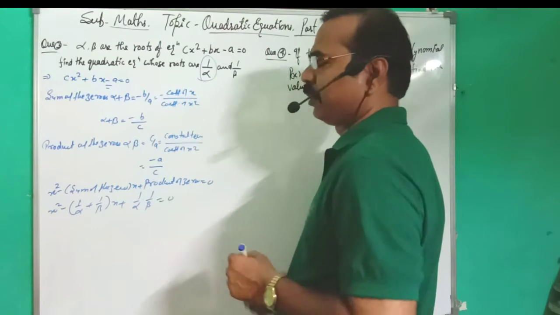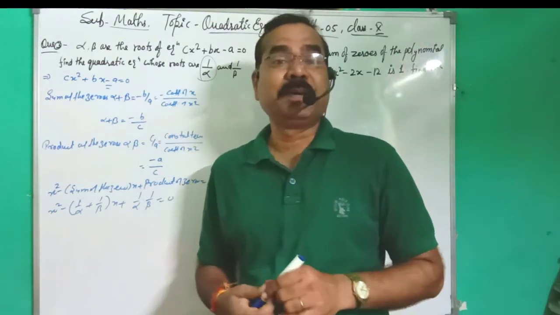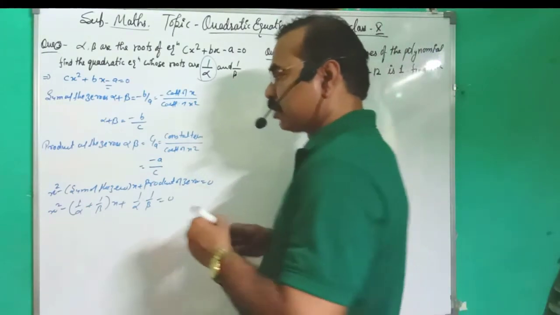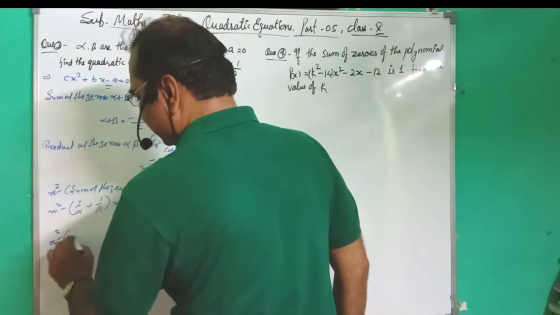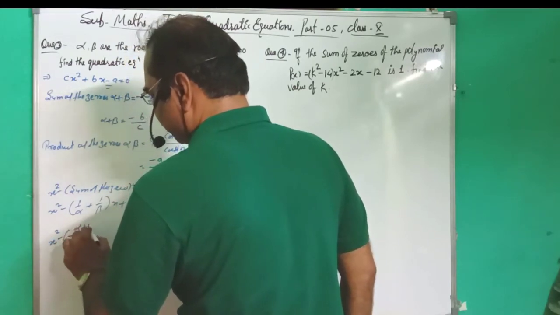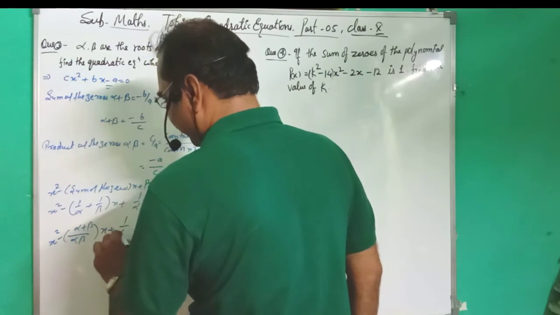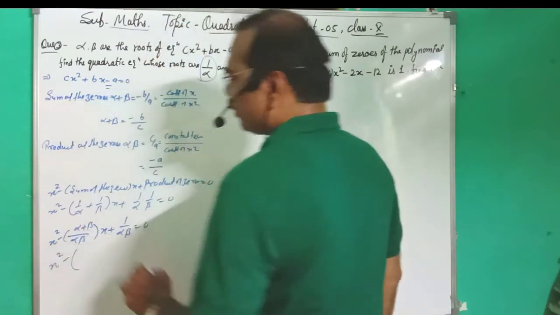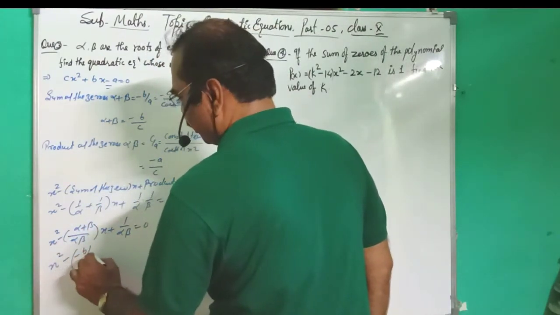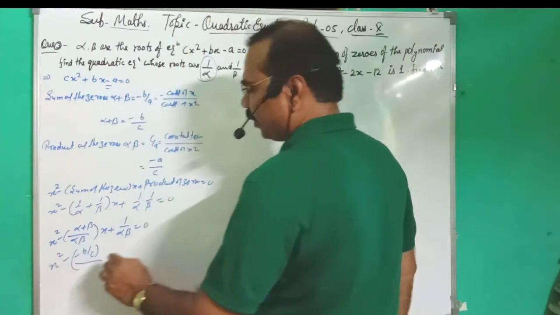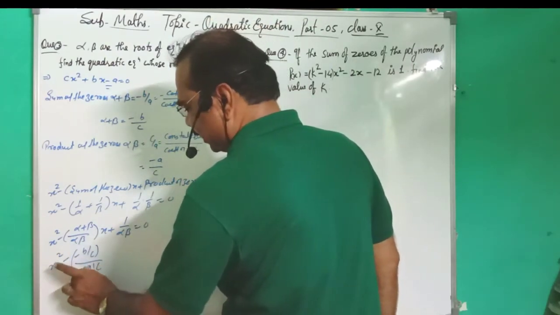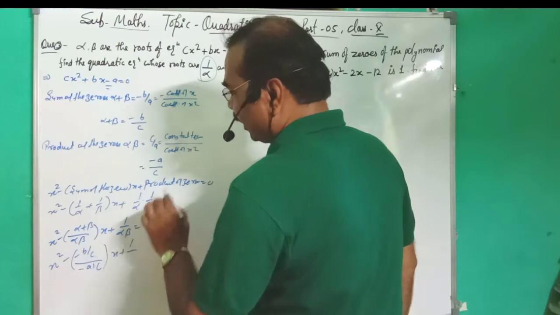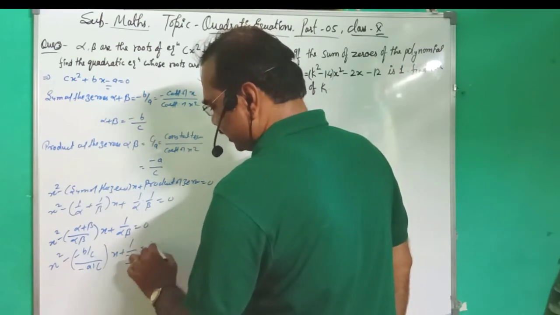Yes students, you have to remember that we do not take alpha and beta here, because it is given that the roots are 1 upon alpha and 1 upon beta. So simply we take the LCM, alpha into beta, that is alpha plus beta, x plus 1 upon alpha into beta. Students, any doubt? What is the value of alpha plus beta? That value is minus b upon c. What is the value of alpha into beta? That is minus a upon c. So x plus 1 upon alpha into beta, where alpha into beta is minus a upon c, is equal to 0.